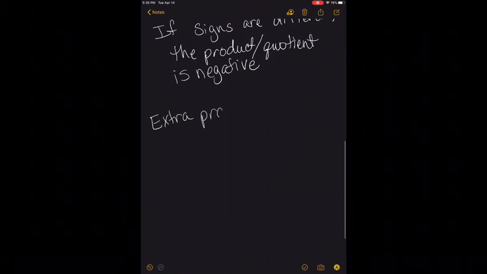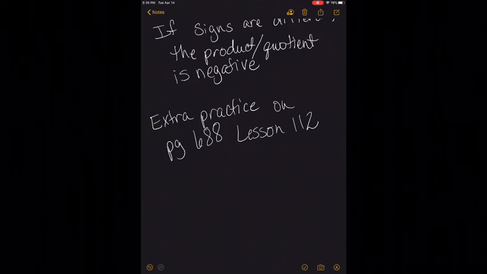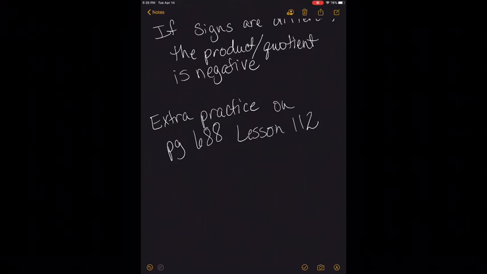There are extra practice problems on page 688 under lesson 112. I recommend doing those. If you're really confident about them, it won't take you hardly any time at all. And if you're not confident about them, it will be a way for you to get extra practice so you can become more confident by the end. Because in our lesson